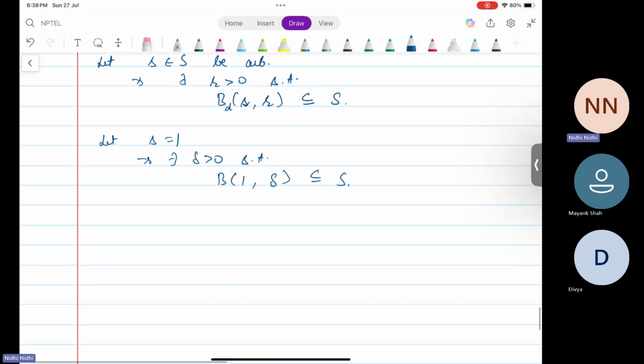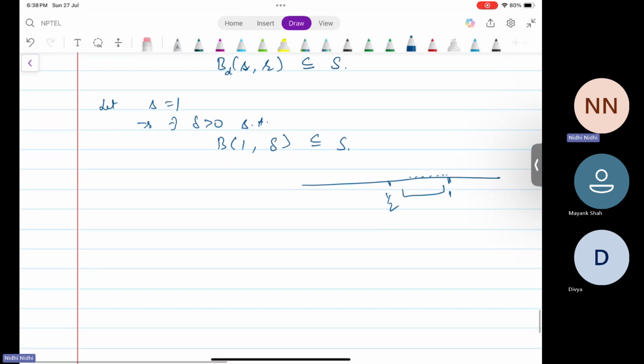Now we'll use the density of rationals. This is 1, this is 1 by 2. Anything in between 1 by 2 and 1 is not in the set. But we know that there exist an infinite number of rationals in between 1 by 2 and 1, by the density of rationals. So clearly,